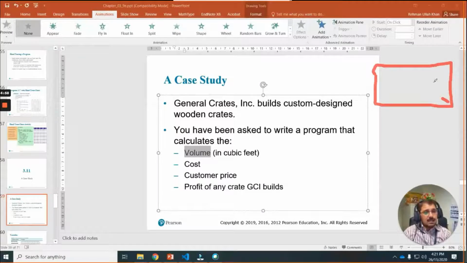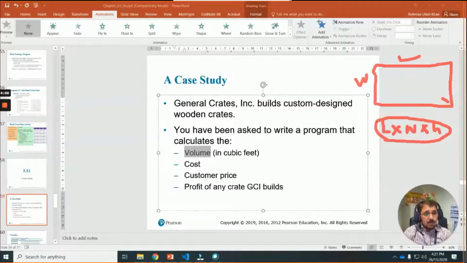Okay, so let's suppose this is the length. Okay, this is the width, and here will be a height also to become like a cube. Okay, so you need length times width times height to calculate the volume. So you see, this is a hidden thing that you should plan for. First, you should have these three values, then you can calculate volume.